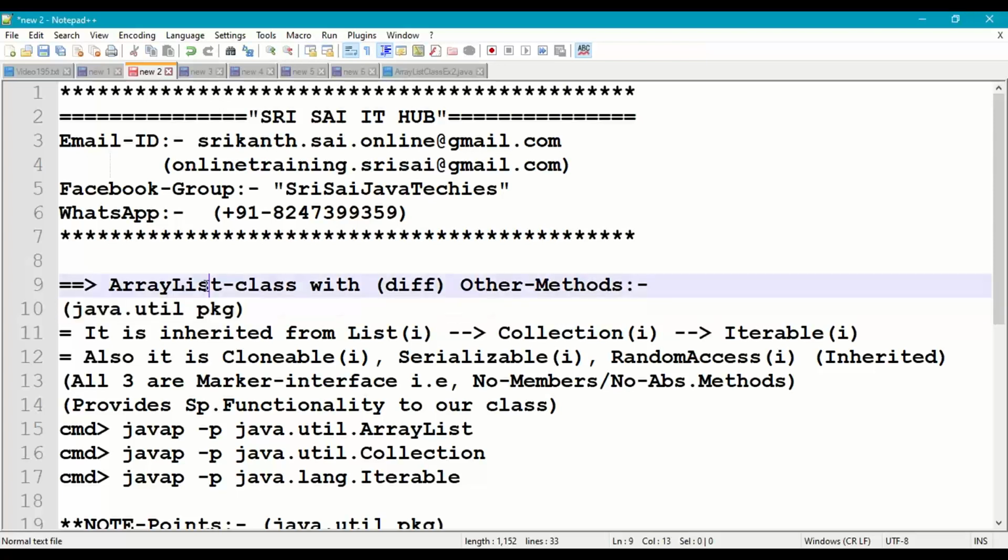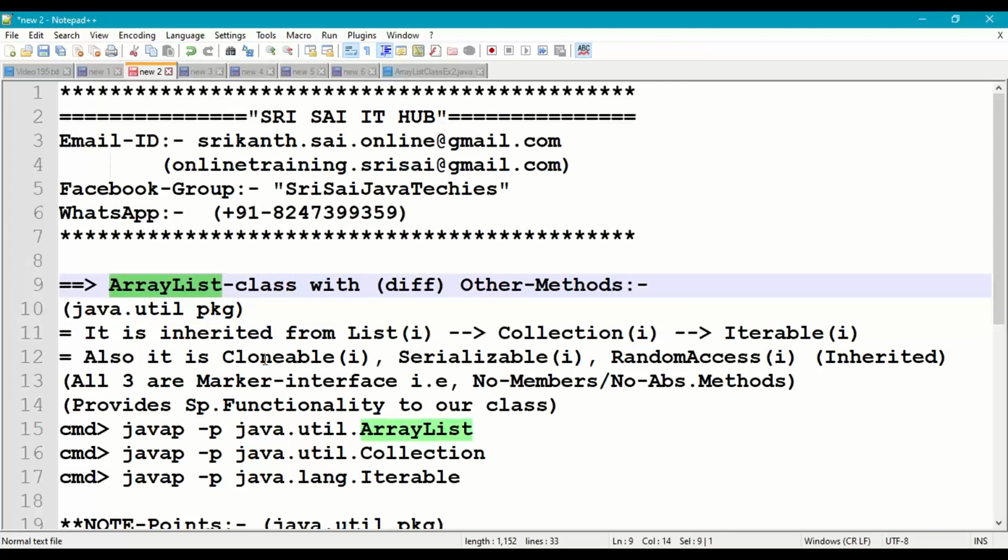ArrayList is inherited from the list interface, and the list interface is inherited from the collection interface, and the collection interface is inherited from the iterable interface. So all the methods of iterable, collection, and list can be used in ArrayList class.